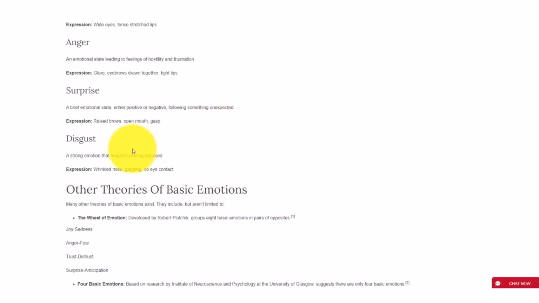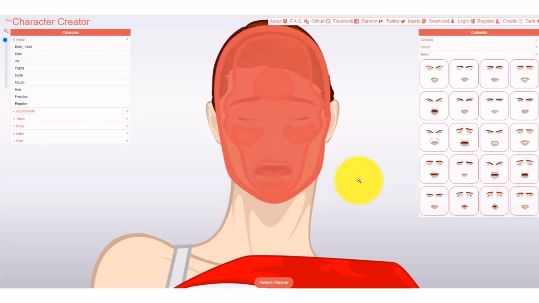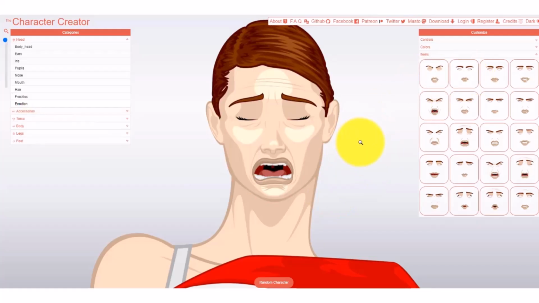But it's not necessarily the expression, it's what that triggers in your clients. And this is a very simple activity that you can do with them. Again, they would have received this URL back in session number 3 when they created their avatar, but they can go back to the avatar and they have the head of their avatar, and then they can click on emotion for the categories, and they can go through the different emotions.